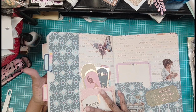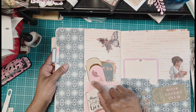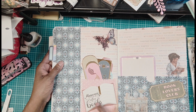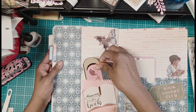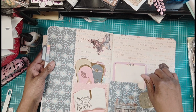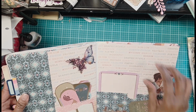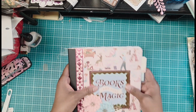And then I have another pocket over here. And I made a boo-boo right here, so I added this to cover it and made a pocket. I cut this out of one of the cut-aparts, and then stamped in "Happiness is a cup of coffee and a good book." And then I added some more of the cut-aparts in that pocket. Another beautiful sticker here, and then another pocket for you to drop stuff in. And so that is my